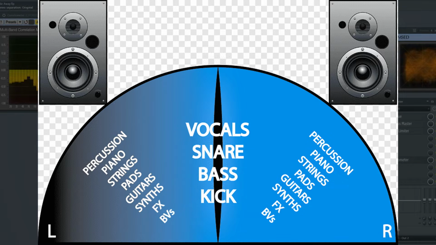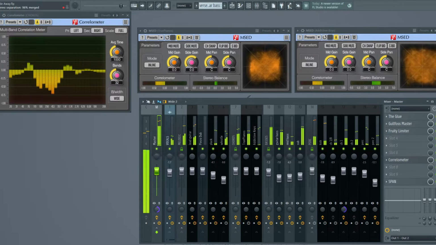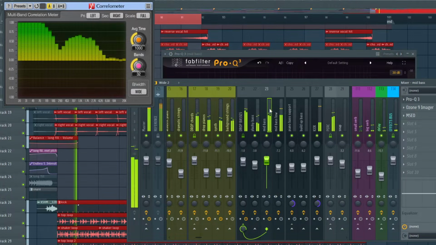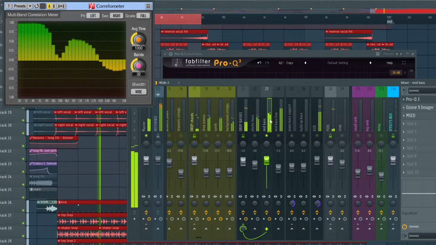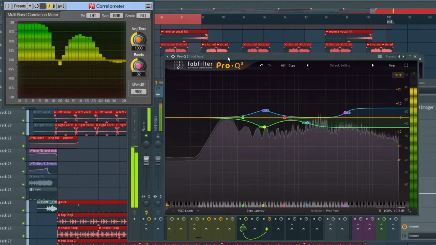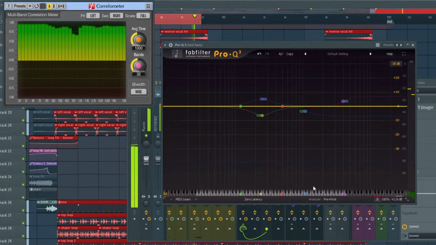Usually, the wider a sound is, the more it should sit in the background of your mix, because as it gets lost when summed to mono, it won't make that big of a difference to the whole mix context, and won't damage your main elements. It is just a background sound anyway. If you don't have much experience in stereo imaging, I recommend you run an instance of Corellometer on your master and solo every single sound of your mix and check if it is as wide or as mono as you want it to be. But remember, if you're gonna make changes listening to it soloed, be careful to not mess with the whole balance of your mix.